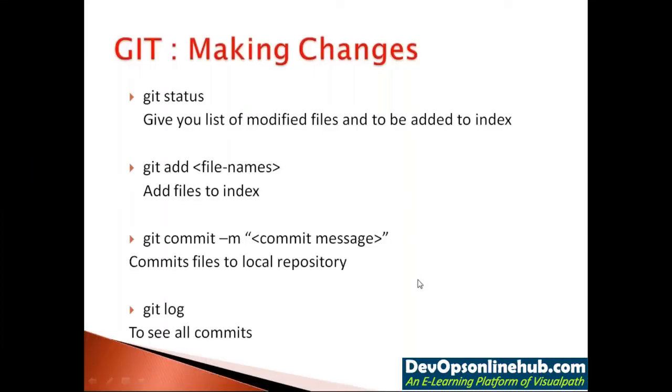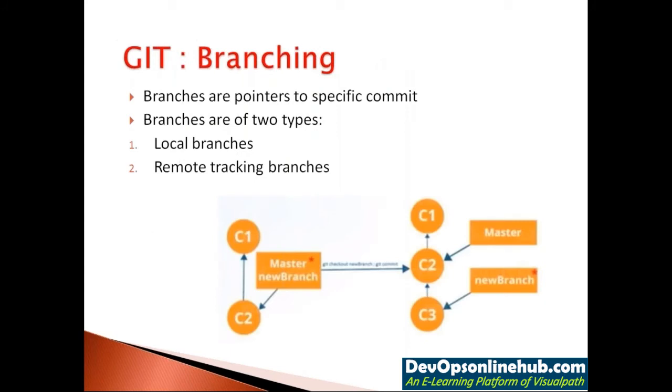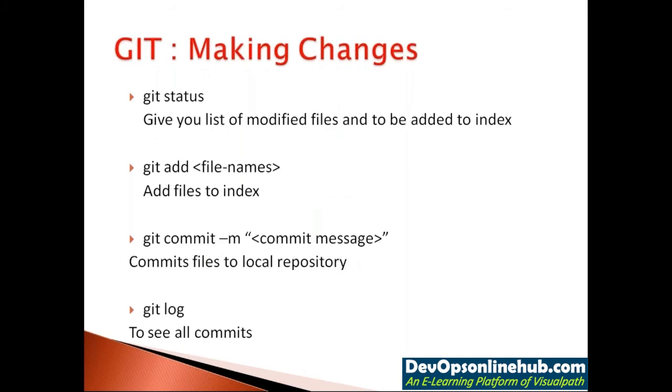Okay. So I think all of you got the idea about how to create a file, how to check the status of a file, how to add the file to the staging area, and how to commit that file to the local repository. And if required, how to see the logs of your commits in the local repository. Okay. So before going to branching, I just want to show you, as I have shown you how to add one file